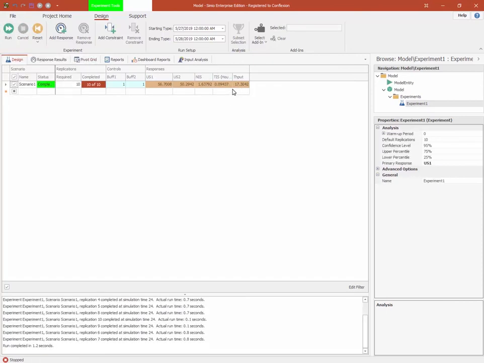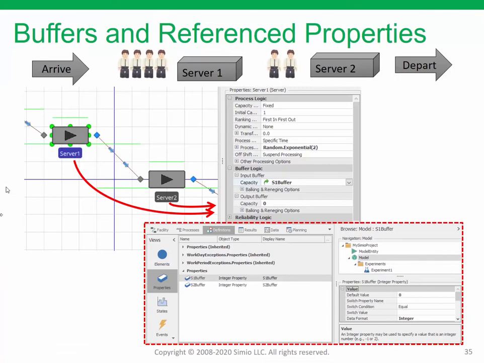So this provides us a mechanism to do this by setting those controls in the experiment rather than in the interactive mode. If we jump back to our presentation, you can see that this is the process we did: we just defined the reference properties for server 1 and server 2, and that defined these two properties in the definitions properties portion under the model. And of course, in the video I named them buff1 and buff2, but this S1 buffer is simply the name. And so if we go back to our experiment,